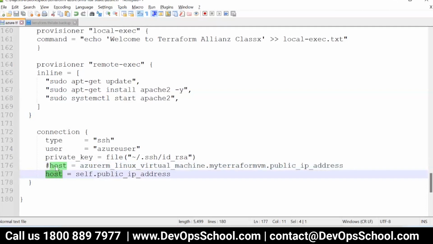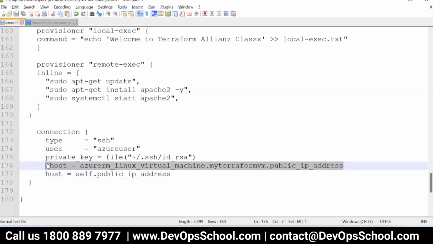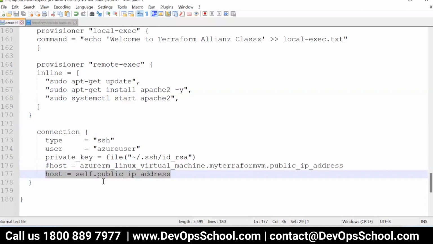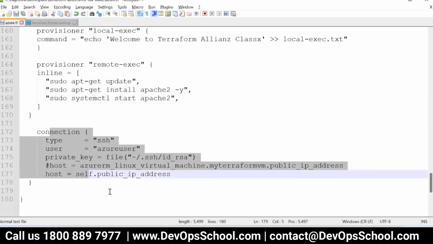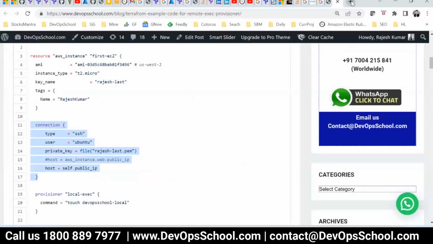Now host for connections. So connections host is equal to self, means same machine's public IP address. So that's anyway, this is commented actually. So this code also will work, but this format used to work last year. This year this format will work. Let's see that. Many times connection has changes. What you can also do is,